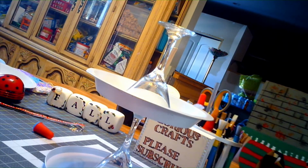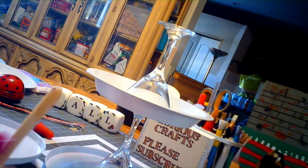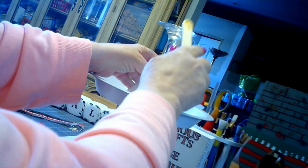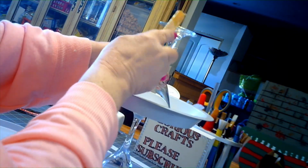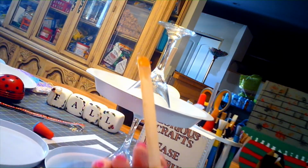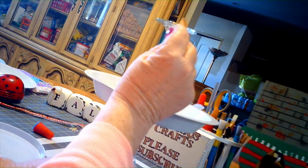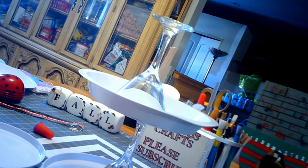Now I'm going to take my top tray, which is the second burner, and you're going to put Gorilla Glue or E6000 around the rim of your candlestick or your glass. You could use vases, whatever you like. Now remember that the hot glue doesn't do so well on